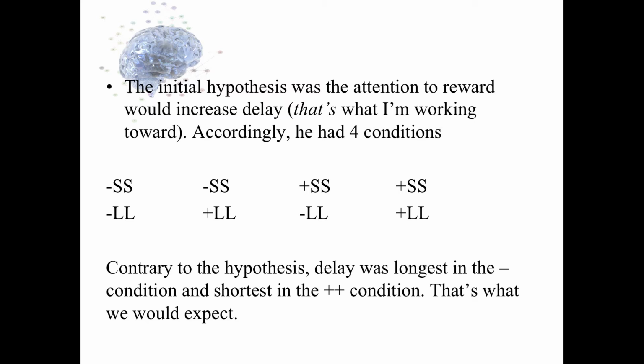The hypothesis seems pretty plausible. You know, the idea is you see what you're working towards and that motivates you, and you get an extra burst of energy or whatever it might be, so you're more successful at it. So he had four conditions, 2 by 2: rewards visible, rewards hidden or obscured, 1 reward, 1 marshmallow, 2 marshmallows, so 2 by 2, 4 conditions. Contrary to his hypothesis, delay was actually longest when neither reward was available, and shortest when both rewards were visible. I think that's what we should